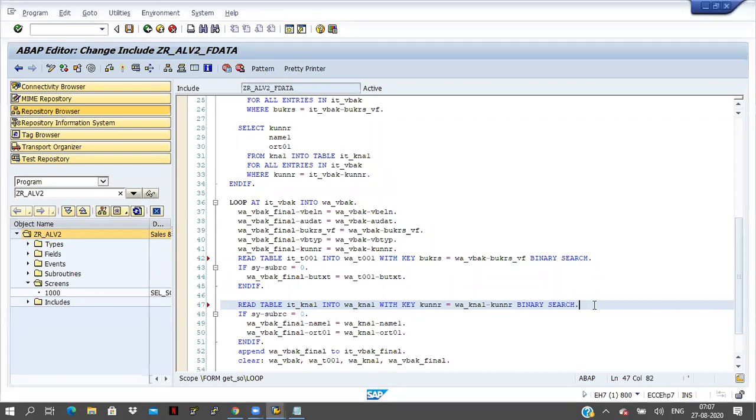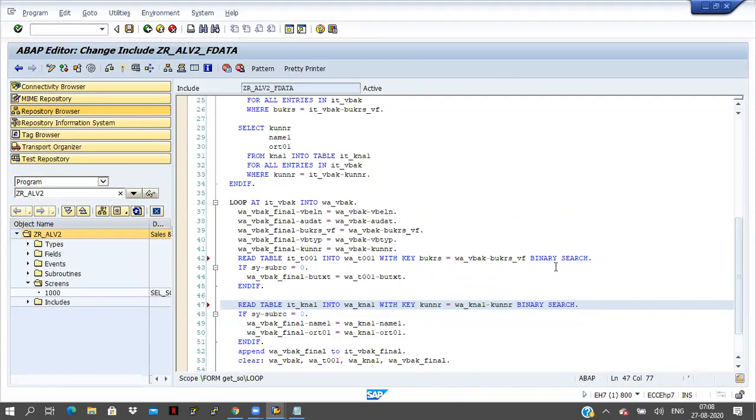1 to 50 will come in one column, and 51 to 100 will come in the second column. So it will check two records at a time. In the first row, 1 and 51 are there, but 52 is not available. In the second row, 2 and 52 are there, so 52 is available here. By reading only the second row, the data is found, meaning the performance is increasing. That's why we have to go for binary search.